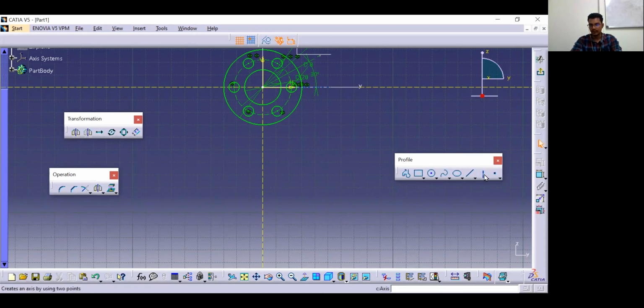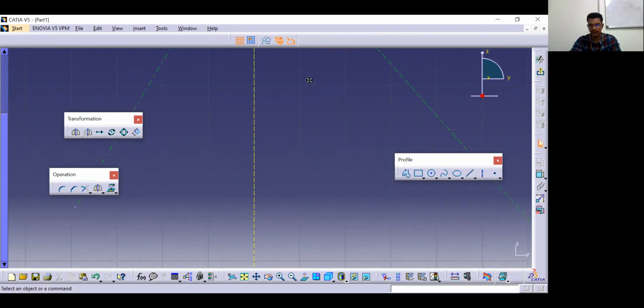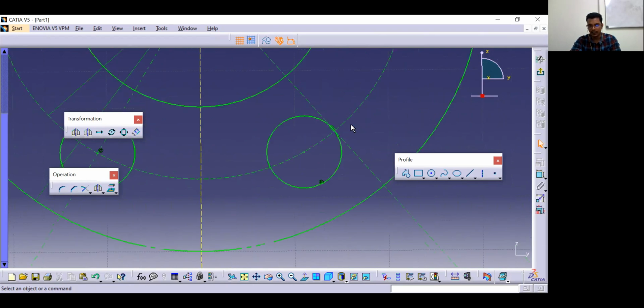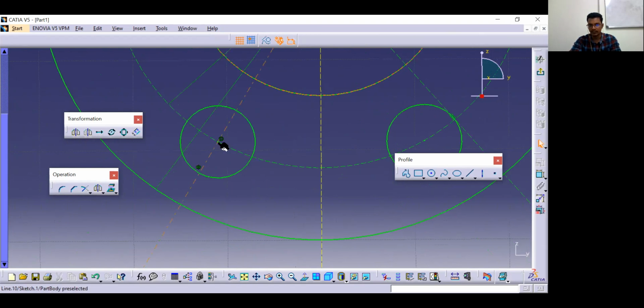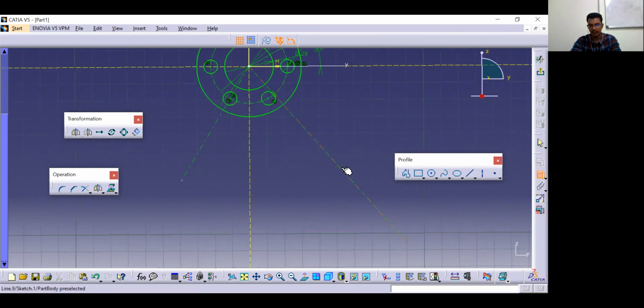So first of all, I'll create two axis lines here. Whenever you are drawing, you can notice, don't let the line take any relation like this. Can you notice that line is taking a relation with that circle? The last line has also taken some relation here. It has become tangent here, and this one has become coincident with the circle point. If this happens, you won't be able to give the dimension.